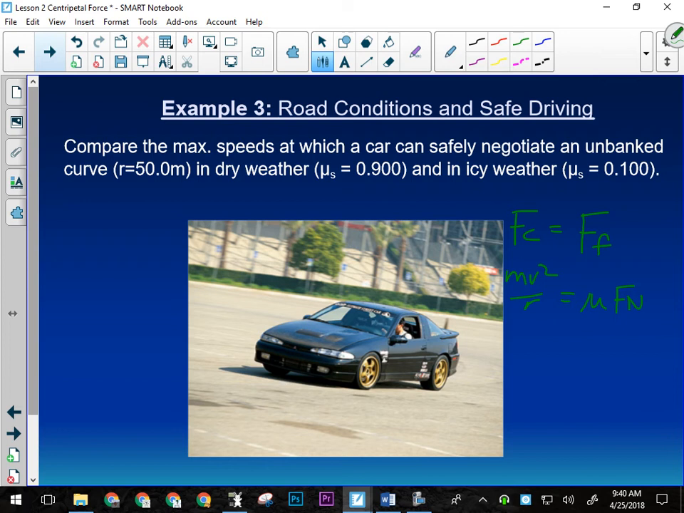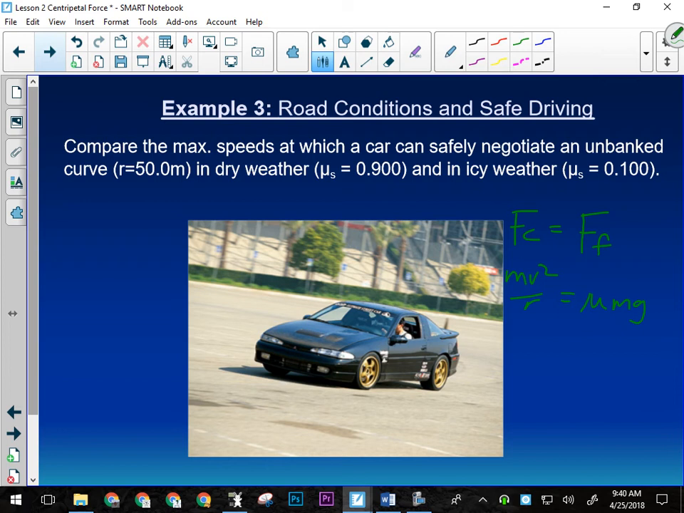Be equal to what force? Gravity, right? So really, this would be mu mg, right? So in this question, I know that we're going to compare the speeds at which a car can safely